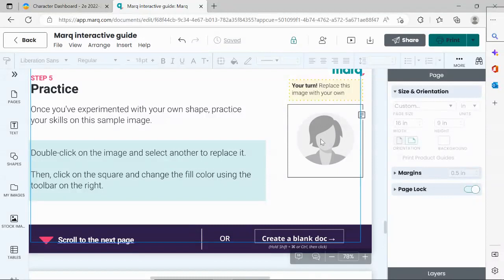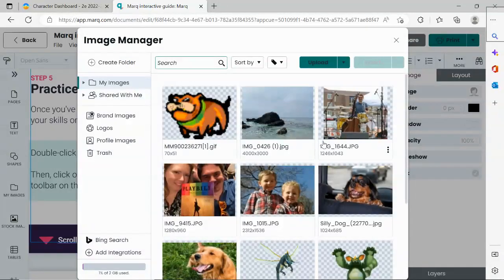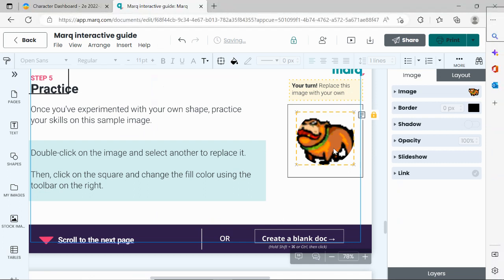So I don't want to see this when you submit your work. So I'm going to double click, and I'm going to use that little doggy that I added and insert. And there it is. Okay, so you should have a different image here as well. And then click on the square and change the fill color using the toolbar on the right. So here's the square, and you see the fill color, and I'm going to change that,